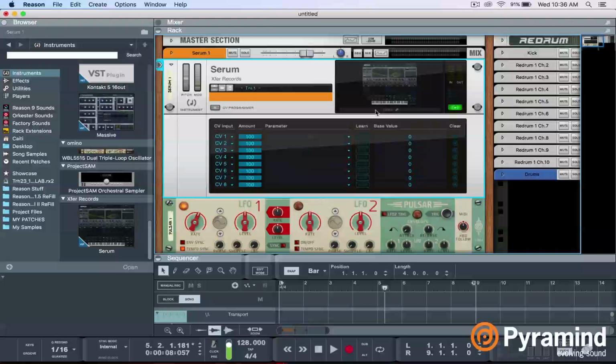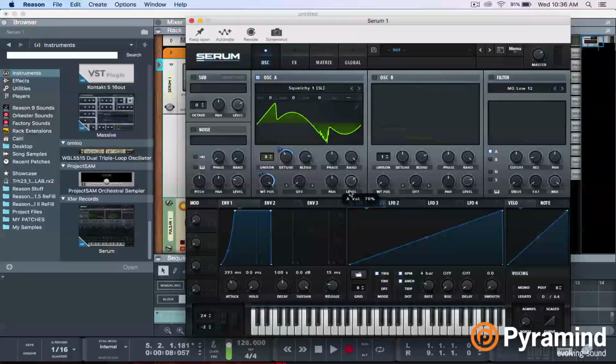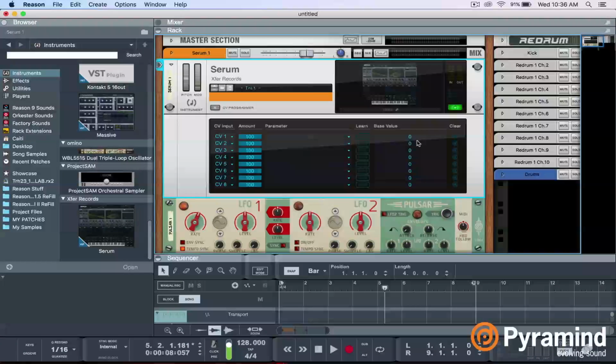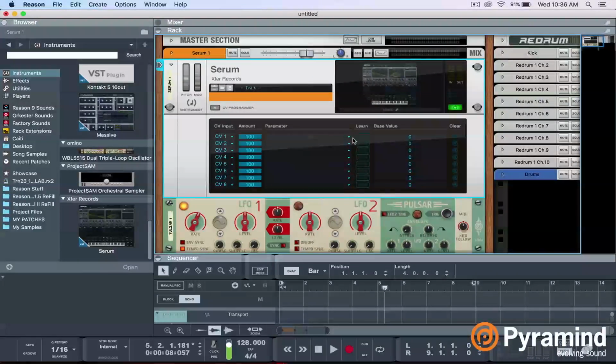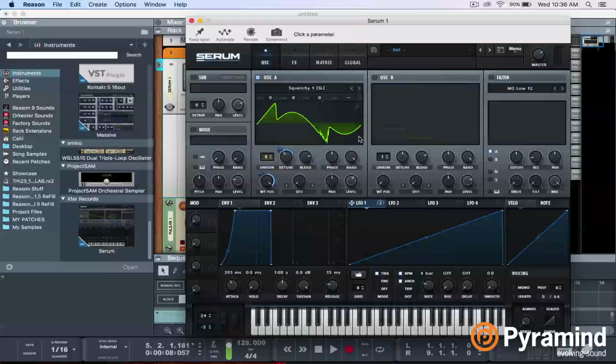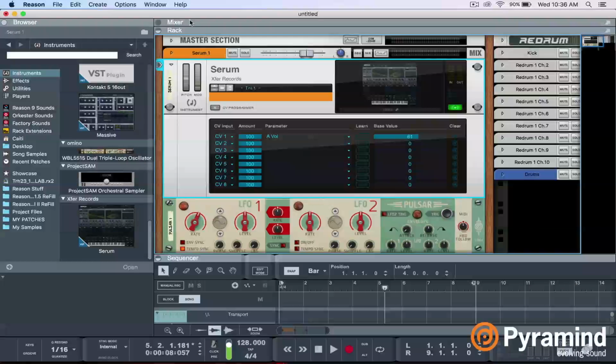And I am going to modulate the level of our oscillator. So I can click on this little drop-down menu and click on any parameter I want, or even easier, I can click on this Learn button and I can click on a parameter that I want to modulate. So I'll click on this level here, and now perfect. So I think I want these to get to about here